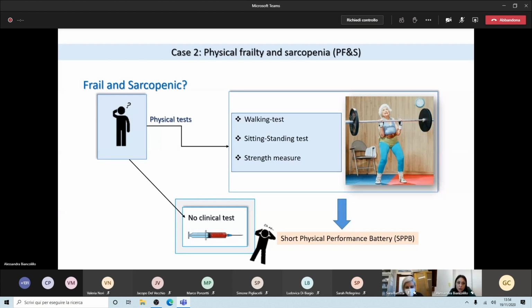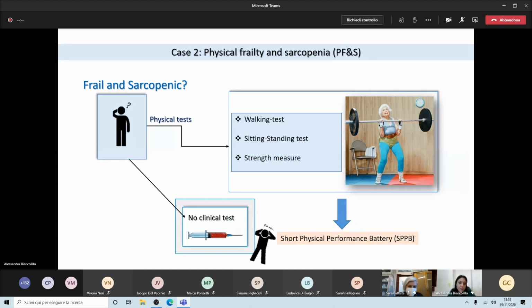At the end of all these physical tests, the doctor will calculate a short physical performance battery. This is an index, a value, and according to this value, the doctor will say this person is sarcopenic or this person is not sarcopenic. So the doctors complain about the fact this index is actually not very accurate.